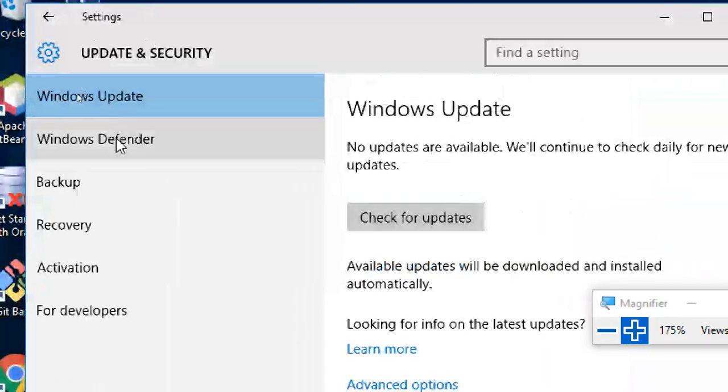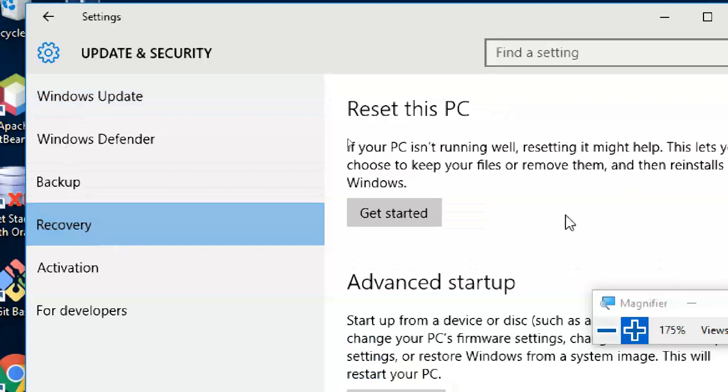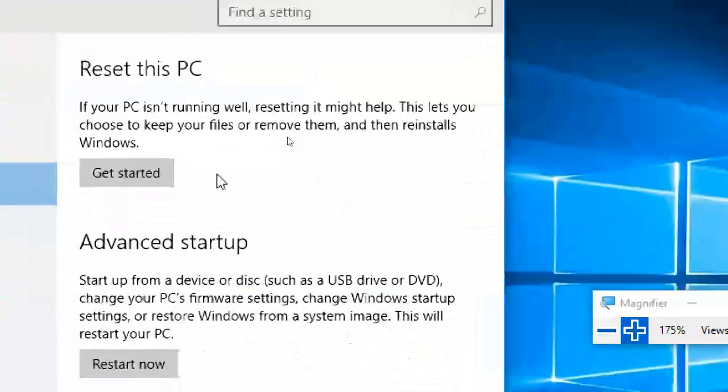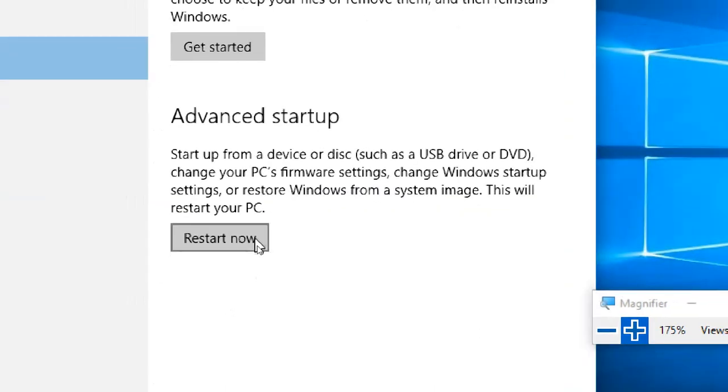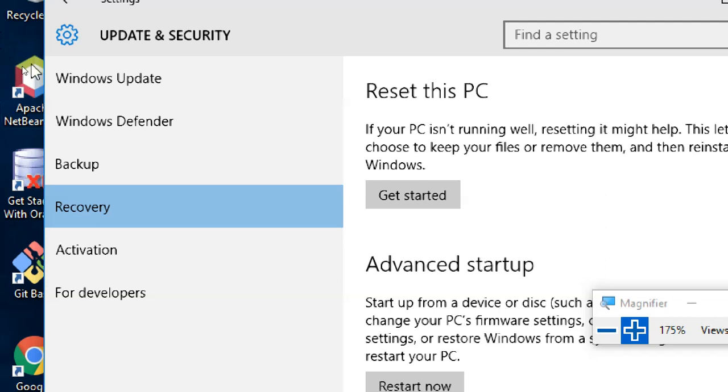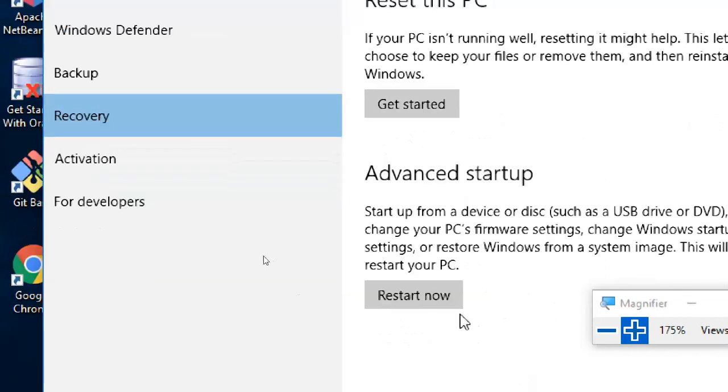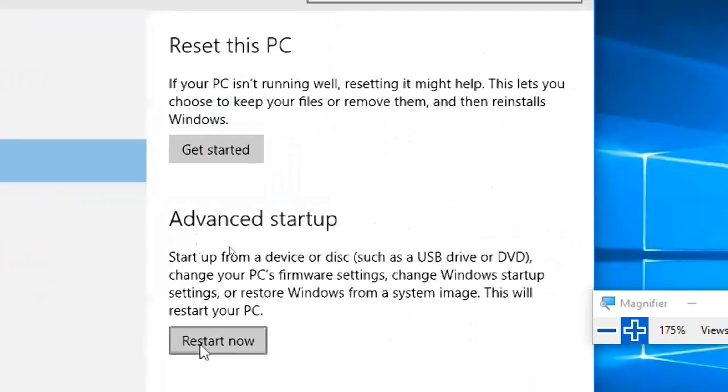There you can find a recovery option. Reset this PC is a different one, so we can discuss that in Windows 10 only. But advanced startup, recovery, restart now.